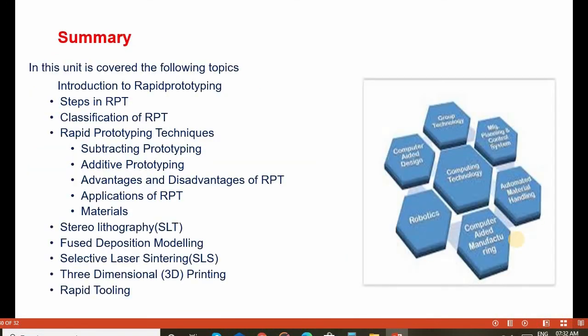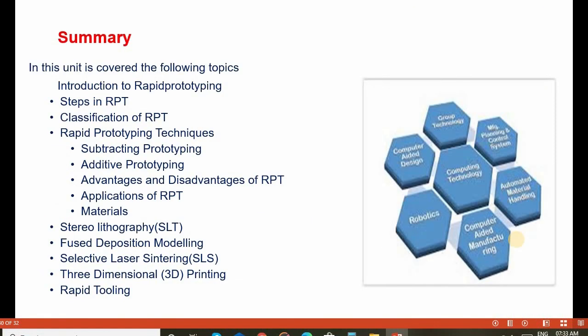Learners, so far we have covered various topics in rapid prototyping, such as the basic and fundamental concepts, the various steps, the principle and working, classification of rapid prototyping techniques such as subtractive and additive prototyping, the advantages and disadvantages, various industrial applications, the various materials used, and various techniques such as stereolithography, fused deposition modeling, selective laser sintering, three-dimensional printing, and rapid tooling.